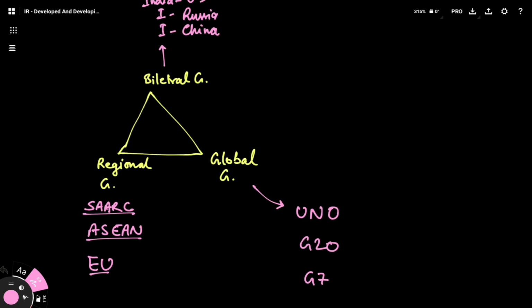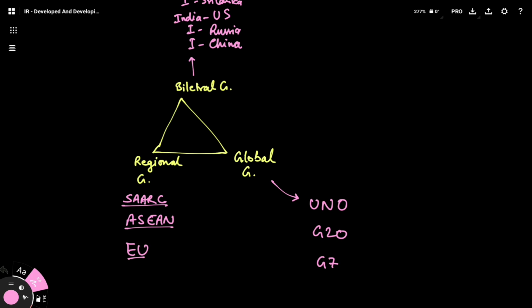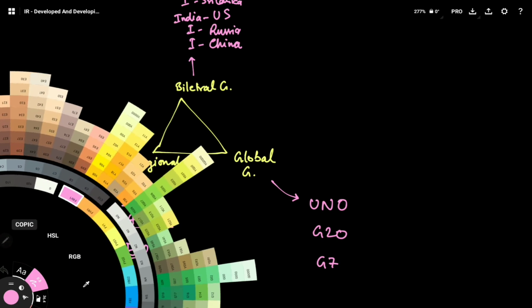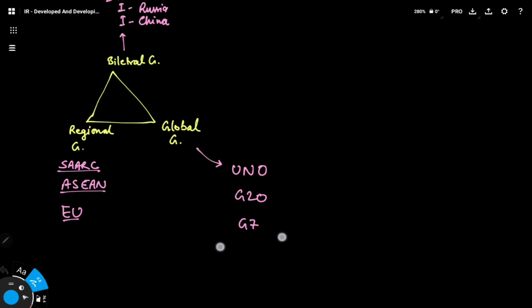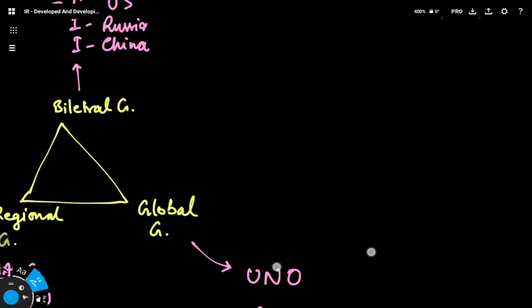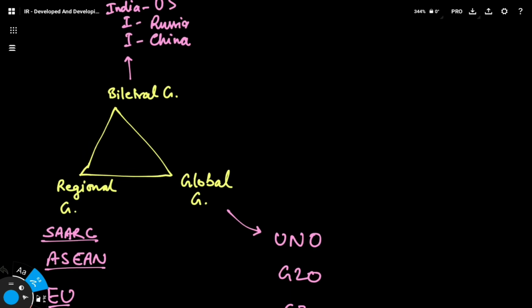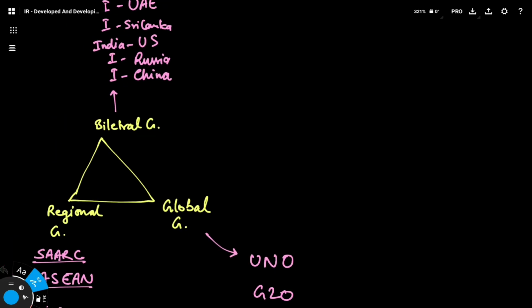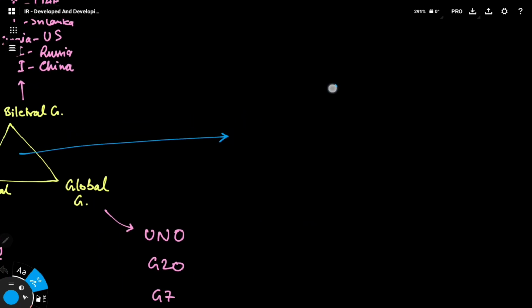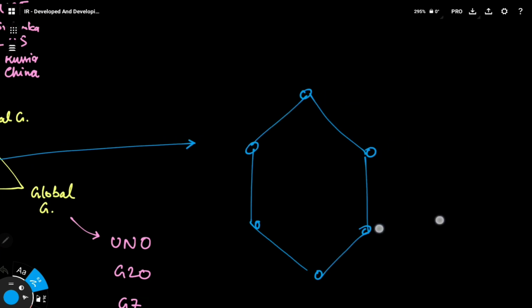And second thing is, okay, now the important thing is, why are these groupings important? Why do we need to read them? Okay, so these are important because they cover many important aspects of national interest. For example, these all bilateral, regional and global groupings cover mainly 6 major components. Which are these? They are like